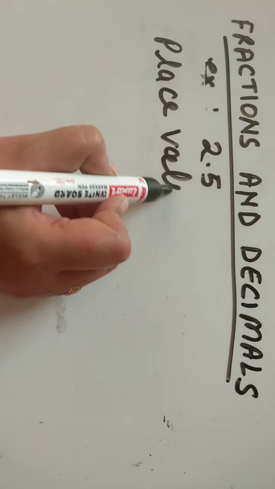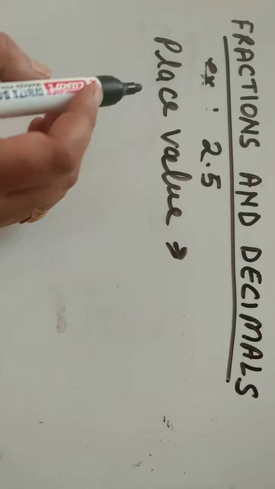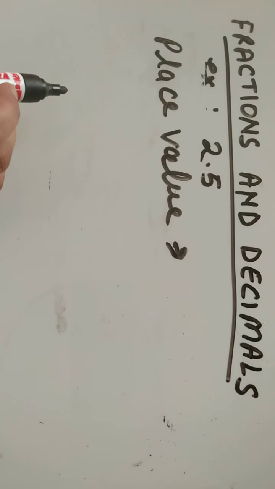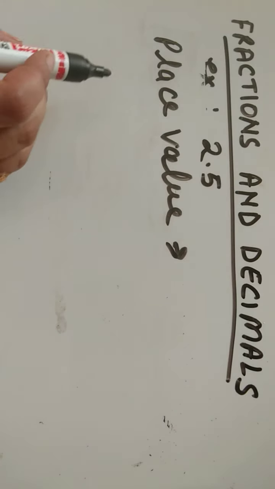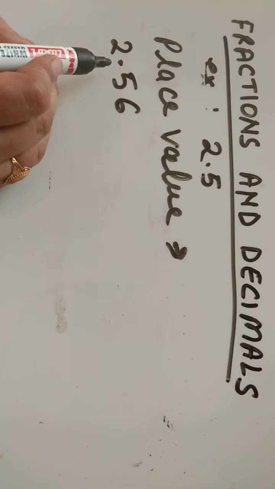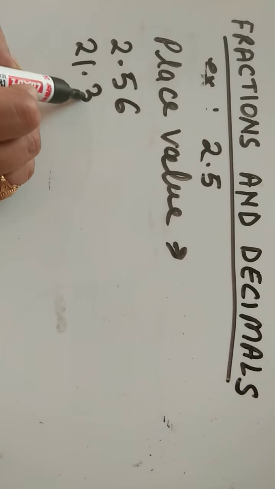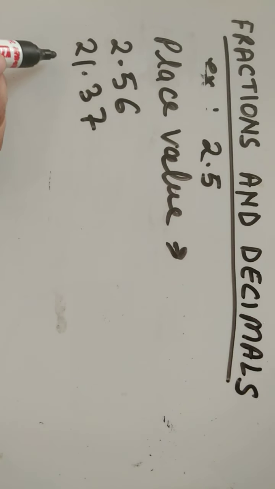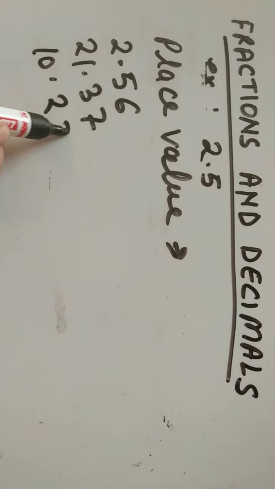We have to find out place value. For example, a few numbers are given to you for place value. Just consider these numbers: 2.56, again we have 21.36, 37, then 10.27. One more example we will take,